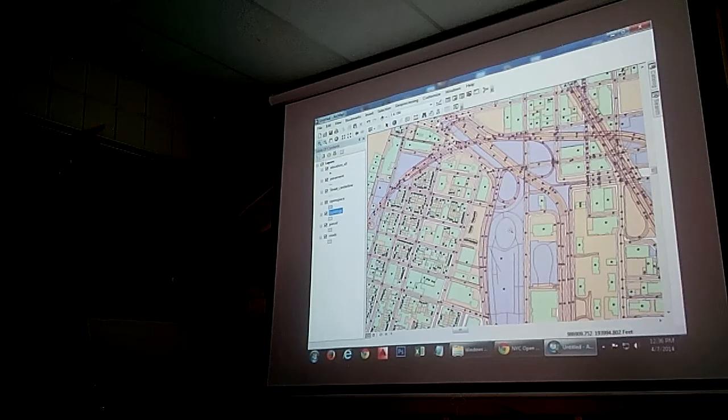So point shapefiles, polyline shapefiles, polygon shapefiles. Now, why do we have different kinds of shapefiles? Because of the nature of the data they represent, right? So some things are good to represent as a point. Like, can you represent the location of trees with rectangles? You can. I mean, you can put a small rectangle into every tree location, but it will be overkill because